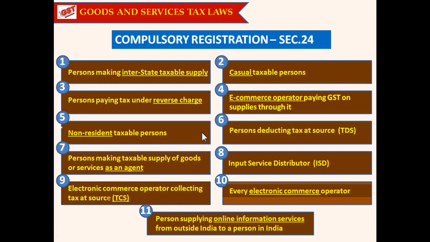Persons making interstate supplies have to compulsorily register, and casual taxable persons have to compulsorily register, and persons paying tax under reverse charge method are to compulsorily register. Then e-commerce operators paying GST on supplies made through them are also to compulsorily register under section 24. Then non-resident taxable persons are to register under the act, and persons deducting tax at source should also register compulsorily